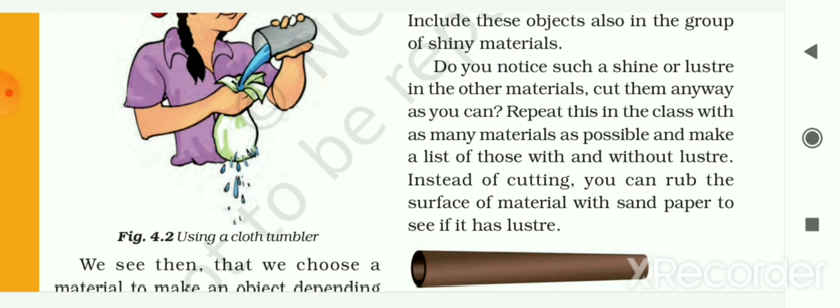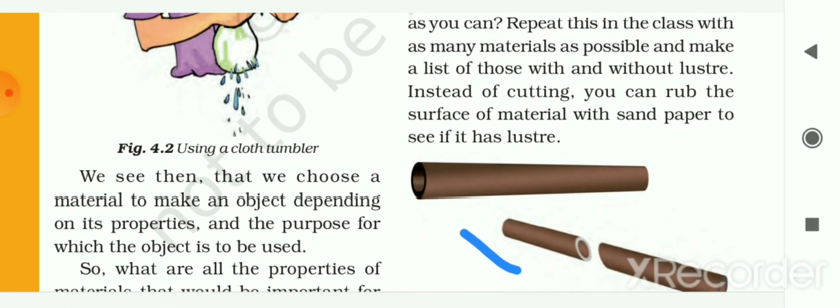Cut them as best you can, and repeat this in the class or at home with other materials, and make a list of those with and without luster. And instead of cutting, you can rub the surface of the material with sandpaper to see if it has luster or not. So let me find some objects that have luster or shine.